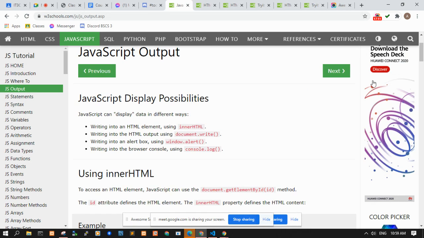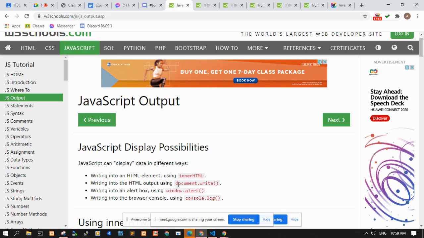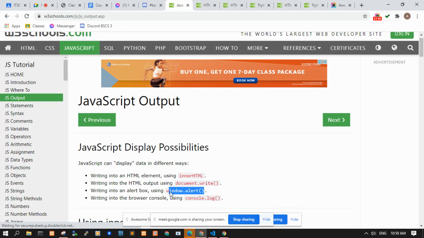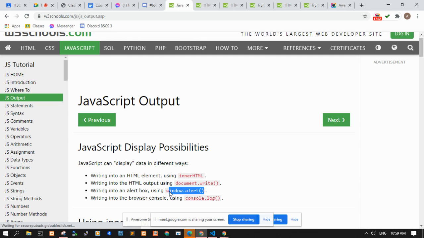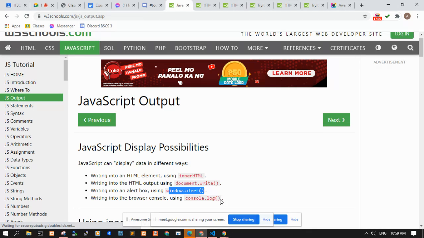We can use document.write, although it's mostly used for testing purposes. We can have window.alert, or just alert itself, which displays a dialog box. And we can use the console.